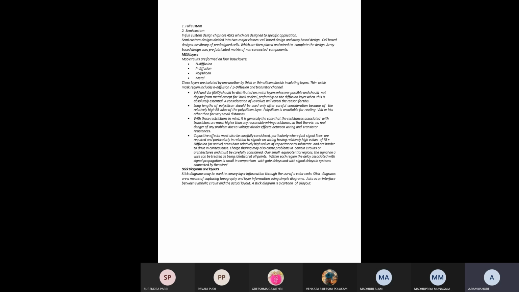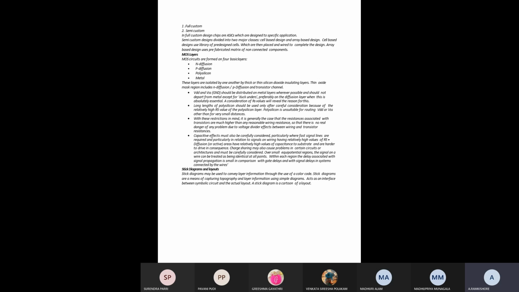By using those processes, finally we fabricate the desired chip under VLSI technology. So that is about the VLSI design flow. These are the steps involved in designing a specific circuit.